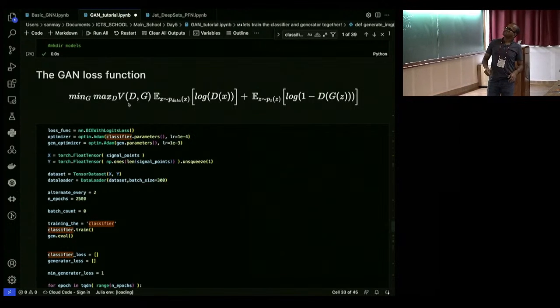Oh, it's the loss. I forgot to put an equality sign, sorry, in the formula. So there are two parts in the loss. One is the expectation value of the log of D(x). This is the discriminator part of the loss, where x is a real data sample, where x follows p_data(x). And then there is a generative loss where you have samples from the noise,